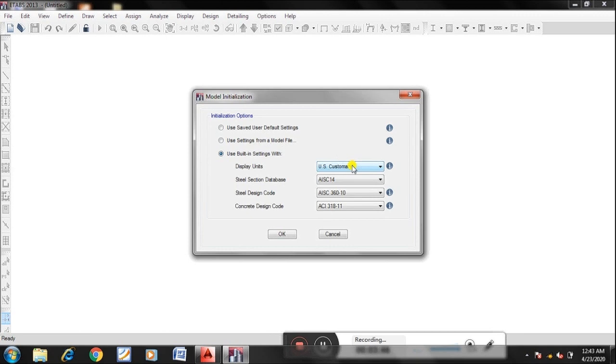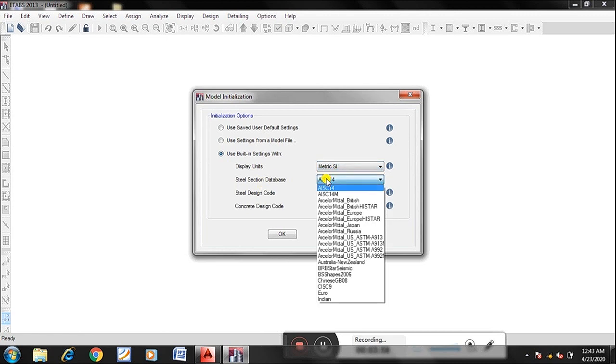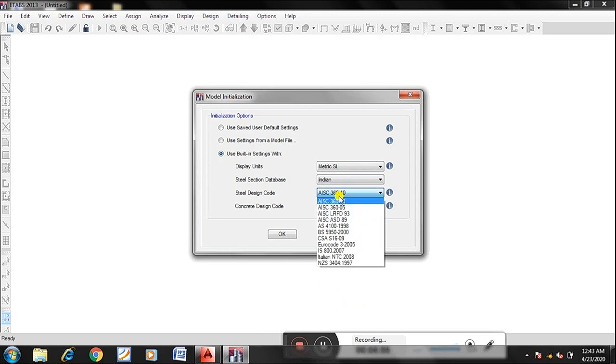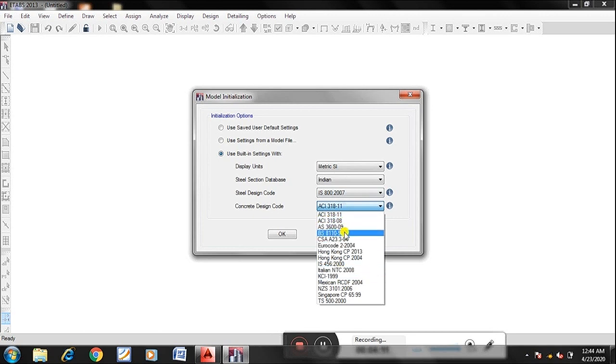As we are using Indian standards, I'll keep the units in the SI system. Next I'll be using the Indian codes: for steel design it is IS 800, and for RC design it is IS 456.